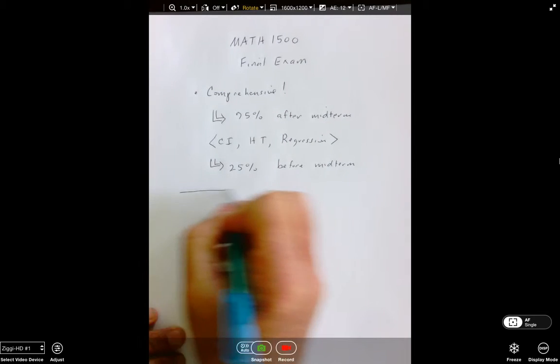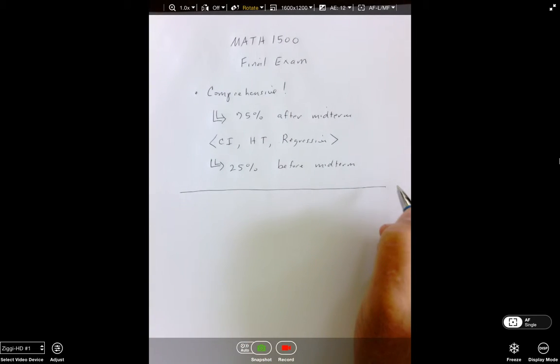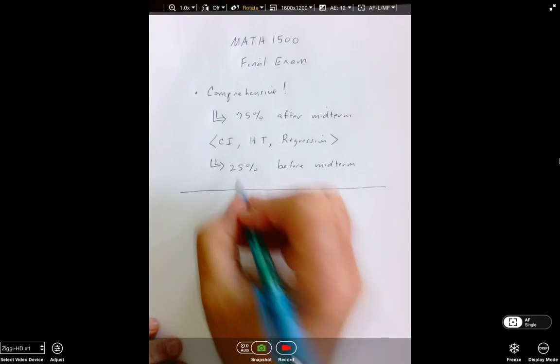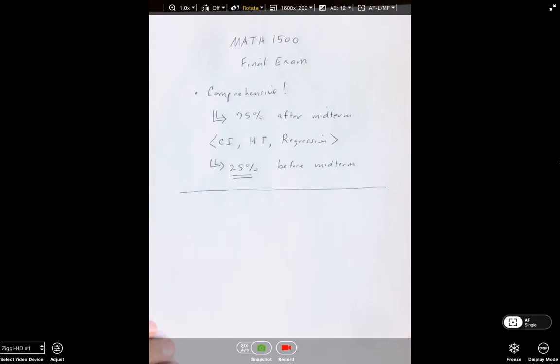So the best way to prepare for this part is to go back, I think, to week number 5 or number 6. I forget, probably week number 5. And I put up some videos that were pertinent to the study guide for the midterm exam. So guys, go back and watch some of those. That's going to be the best way to prepare for that. Okay.